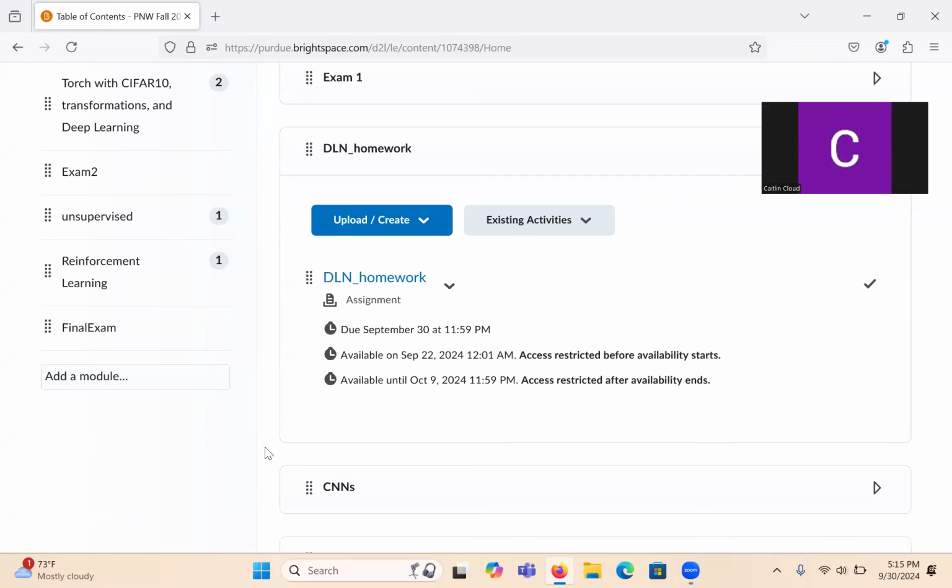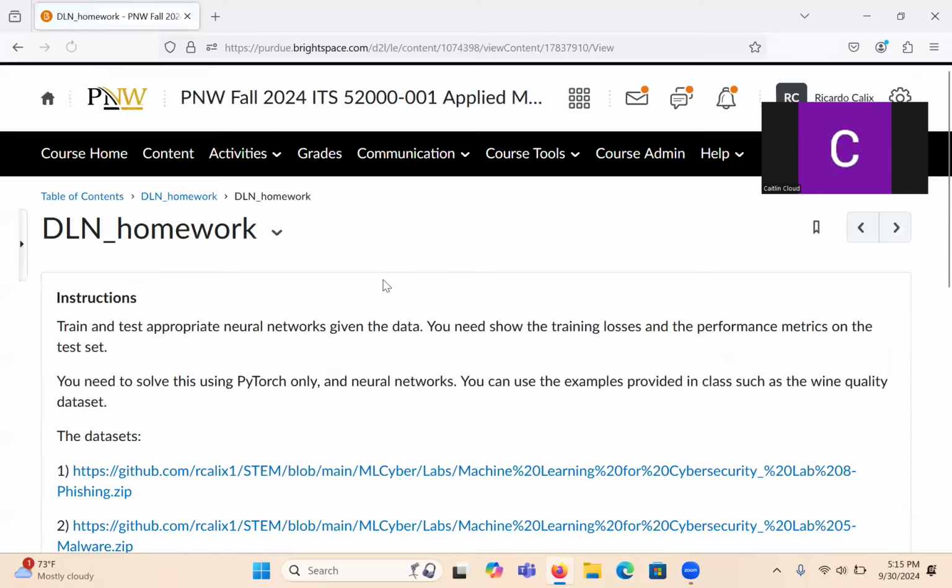All right, so maybe I didn't tell you this, but this is how I always do homework. What matters really is until it's available. After that, if it closes, then you can't submit it. Got it? Does that make sense? All right, so I'll talk a little bit about the homework just to illustrate. I believe I provided, yeah.